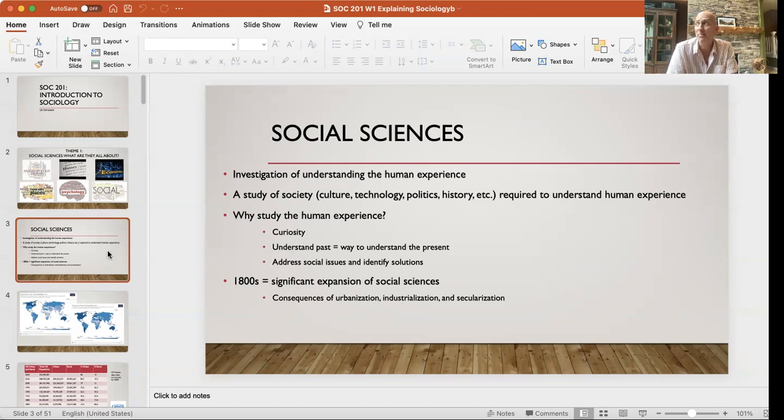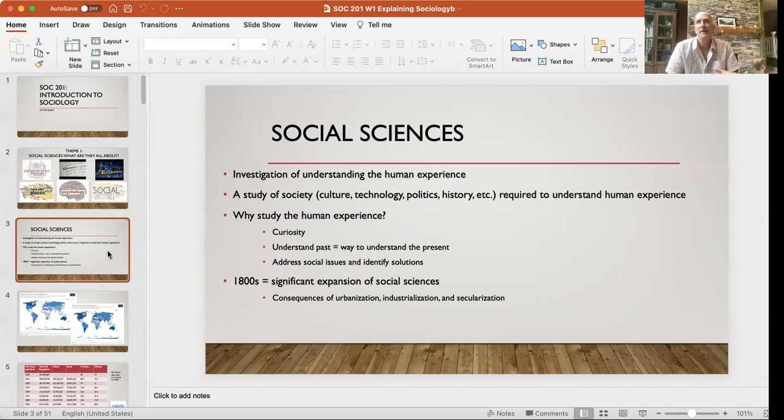So if we see places of struggle or challenge within human communities or within society, the more that we understand that, the better position we're in to make change that's productive, meaningful, valuable change. Part of this is related to democracy, the rise of democracy and the democratic ideals. Part of it, social sciences really expanded in the 1800s. Academia expanded in significant ways in the 1800s.